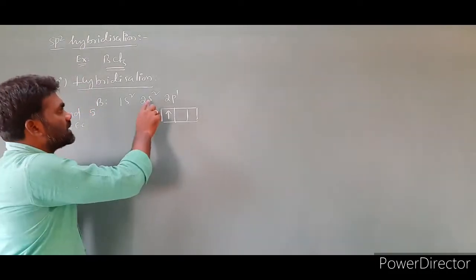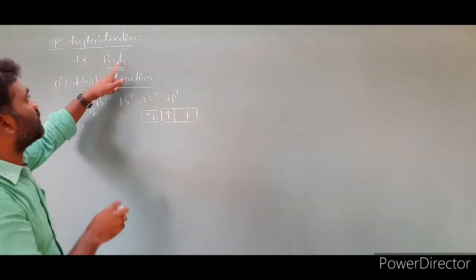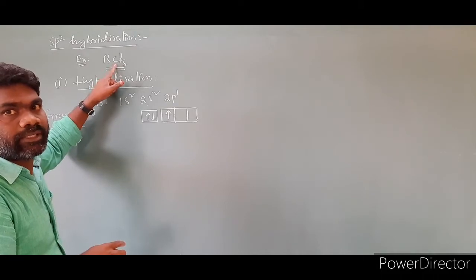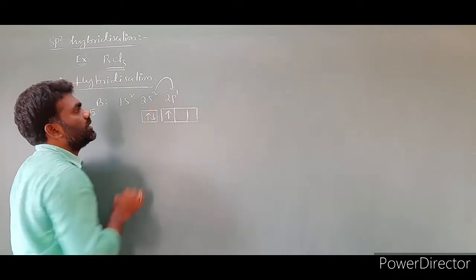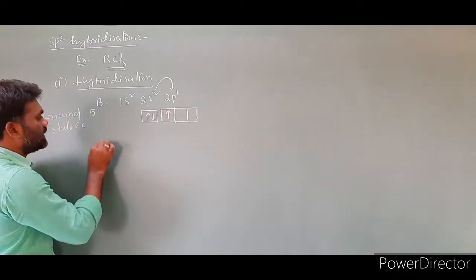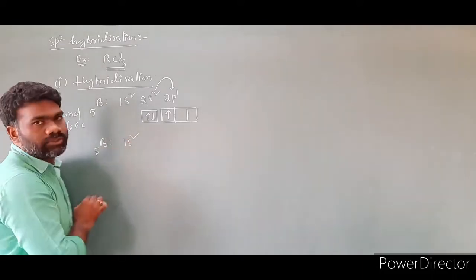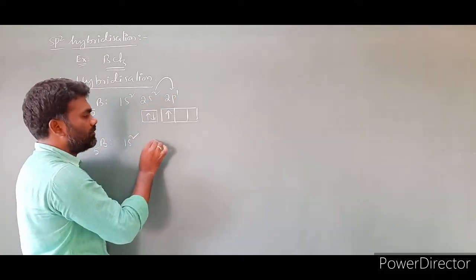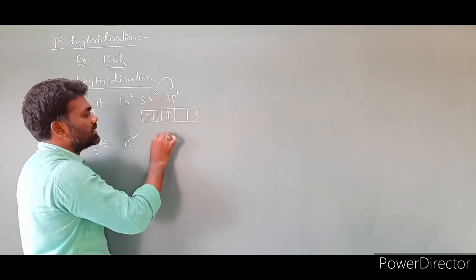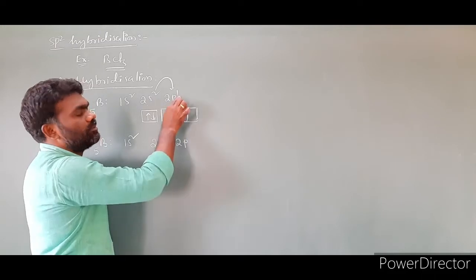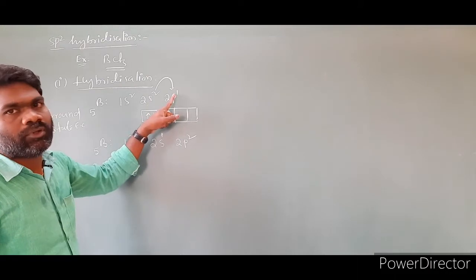Then excite one electron from the 2s orbital to the 2p orbital, because here 3 chlorines will be there. We have to make the bonds with 3 chlorines, so we require 3 single electrons. This electron is jumping from 2s orbital to 2p orbital. Then what electronic configuration are we going to get? Boron is 5. The electron configuration is 1s2, 2s1, because one electron went there, and 2p2, because one electron jumped from the 2s orbital to the 2p orbital.